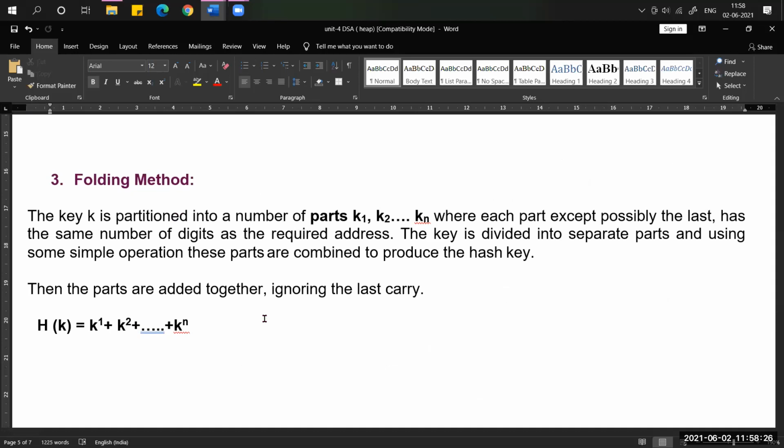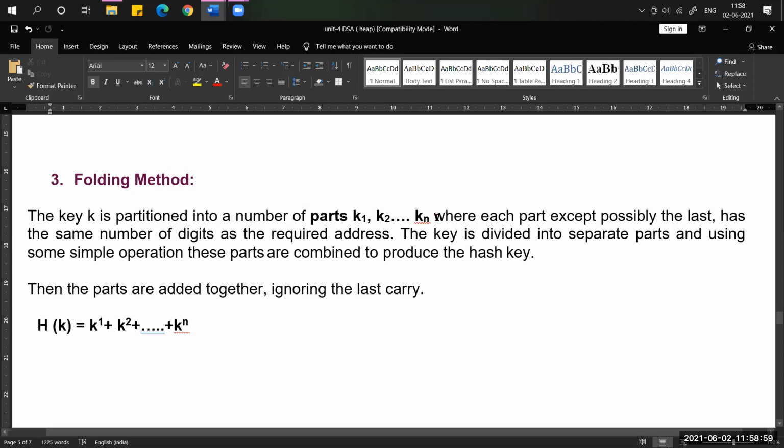The third type of hash function is the folding method, sometimes called digit folding. In the folding method, we need to take the key first, and after taking the key, it should be partitioned into a small number of parts, denoted as k1, k2 up to kn.